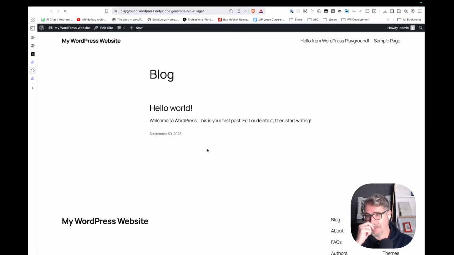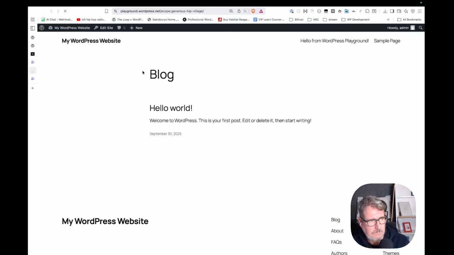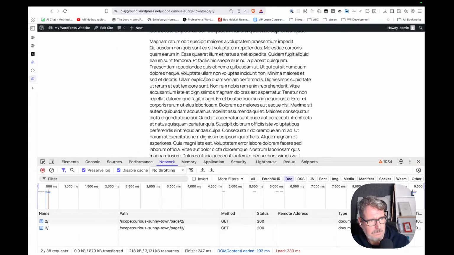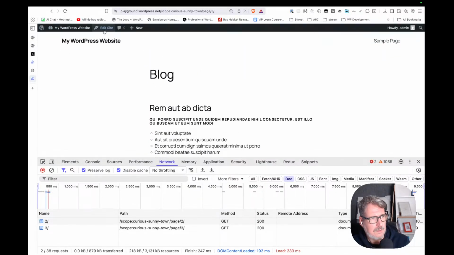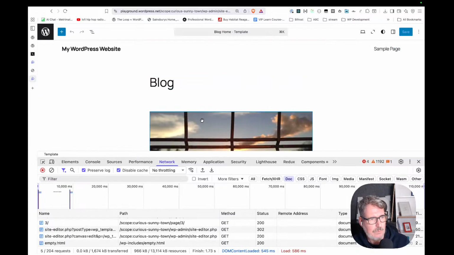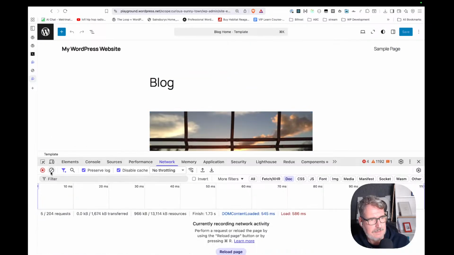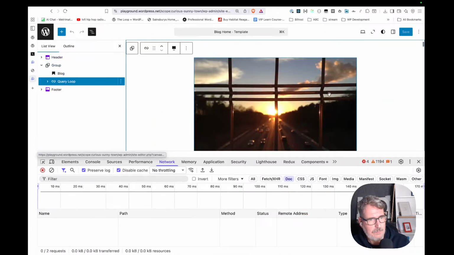By default, the query loop block uses full page. So if we go to edit site, here we are editing this template. If we go here to query loop,